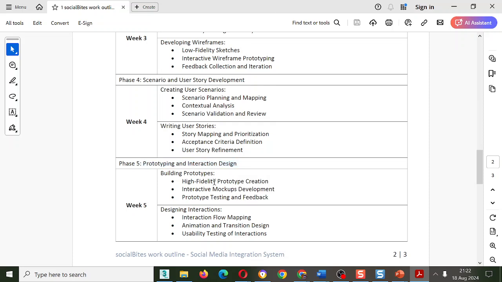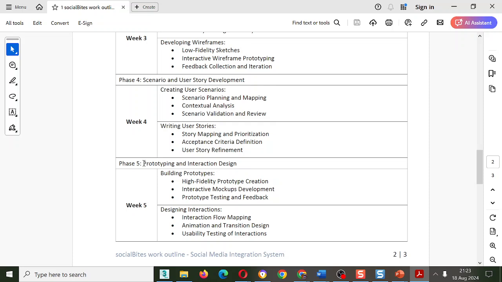I don't know how your time is and how you can work and everything, but we want you to come as far as you can to the building of prototypes. In a normal flow of events, you would not do this high fidelity prototype creation without the client giving us feedback on what you had done earlier, because they may have ideas. They may even change the name, SocialBites. They might even change that name. Okay, but you definitely need to reach week number 4. You need to reach the end of week number 4 by Thursday.